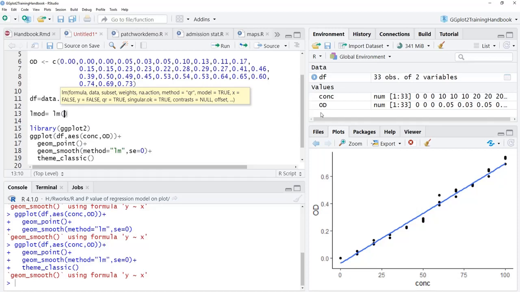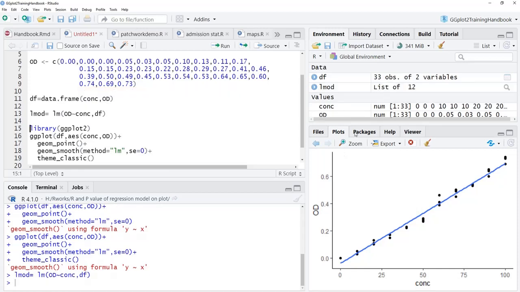The first argument to this is a formula, and that formula is OD, the dependent variable, then the tilde sign, which is very essential for any model formula, and after that our independent variable, concentration. OD is y and concentration is x, and these two are coming from the data frame df. We'll run this. Now the model has been fitted.